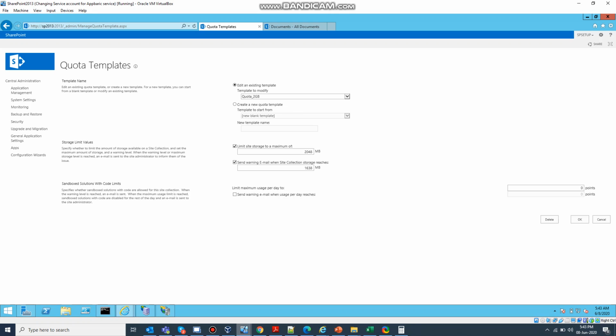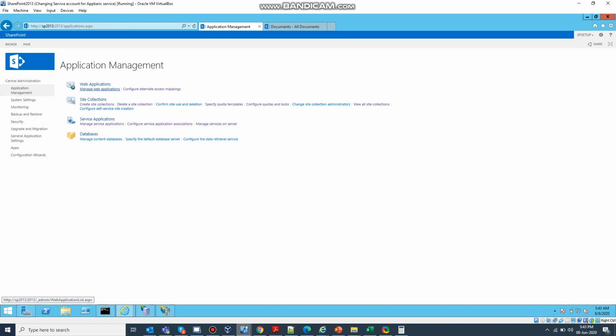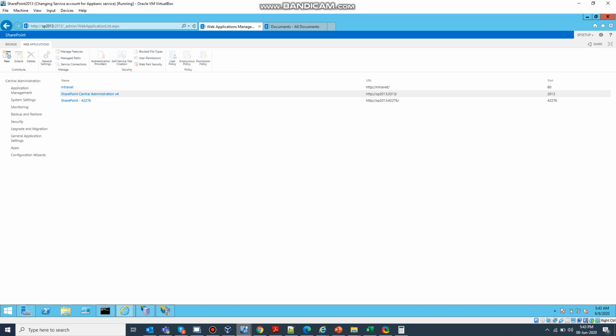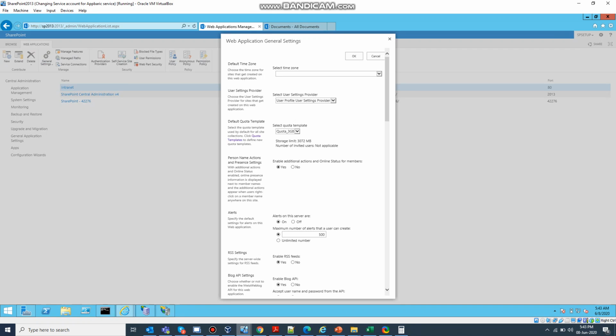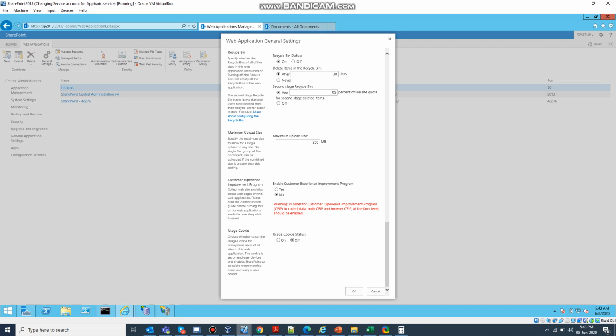After creating the quota template, you need to go to Application Management, click on Manage Web Application, select your application, General Settings, and then specify the quota template that you want to attach with this application. For example, we are going to attach this template, and by clicking OK,